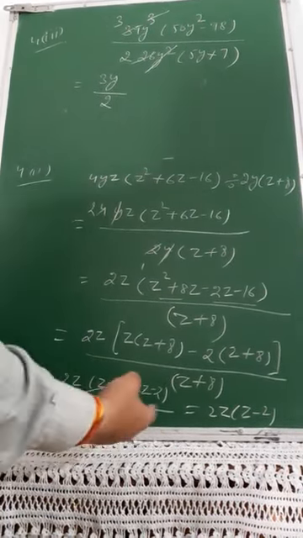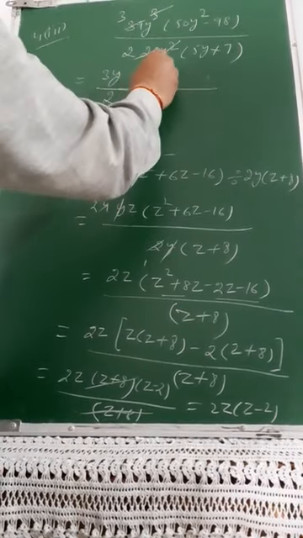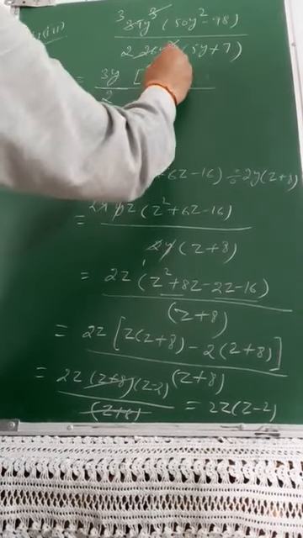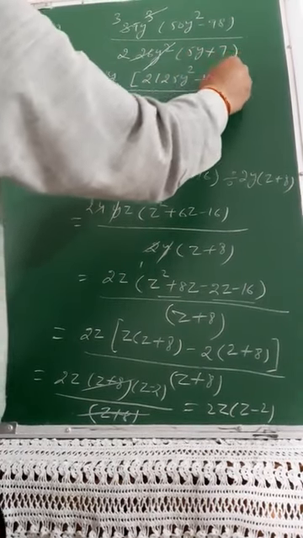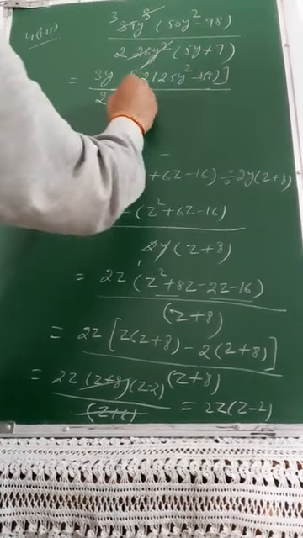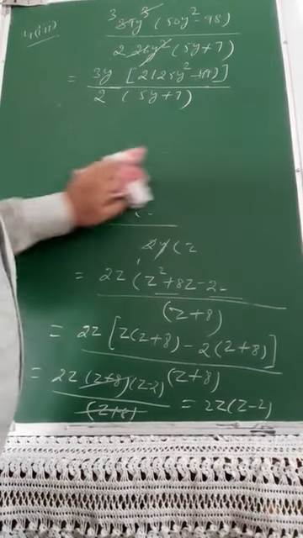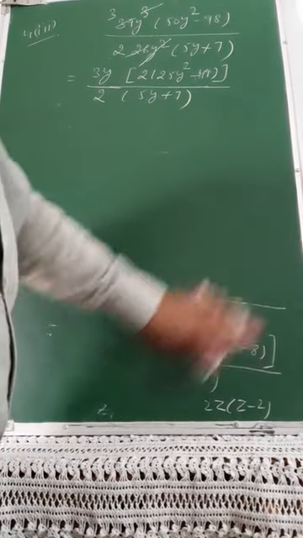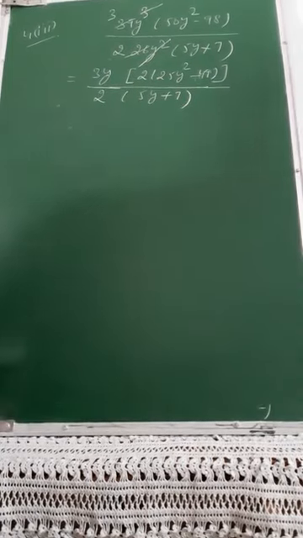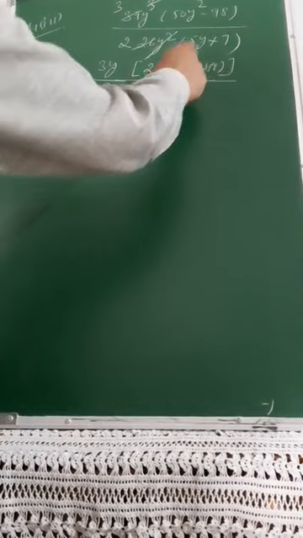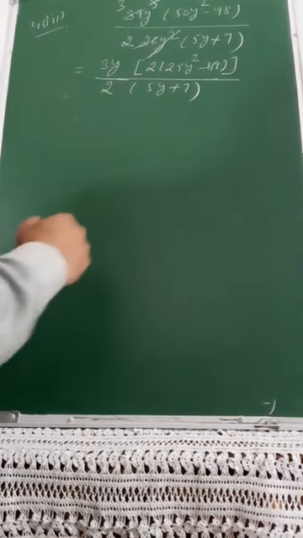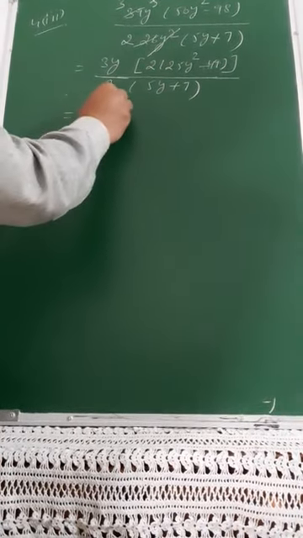How can that be? You see that in this, if I take 2 common, what is left? 25y square minus 49, and close this bracket. And the denominator you write as it is, 5y plus 7. I hope I am clear to you all. What I did in 50y square and 98, I took 2 common, because I am looking for perfect squares, and now you can see that 25y square is a perfect square, 49 itself is a perfect square. So that I can write now